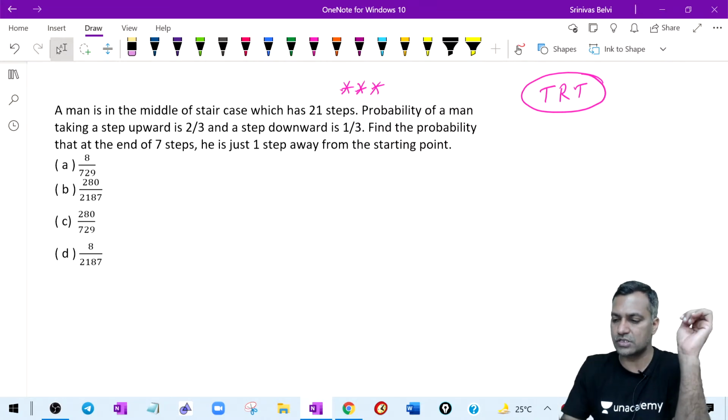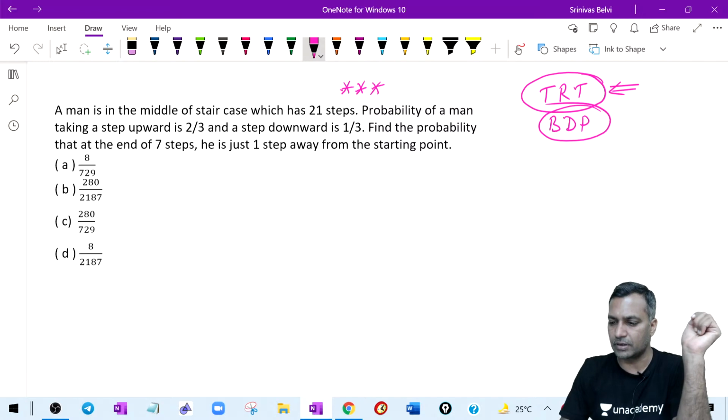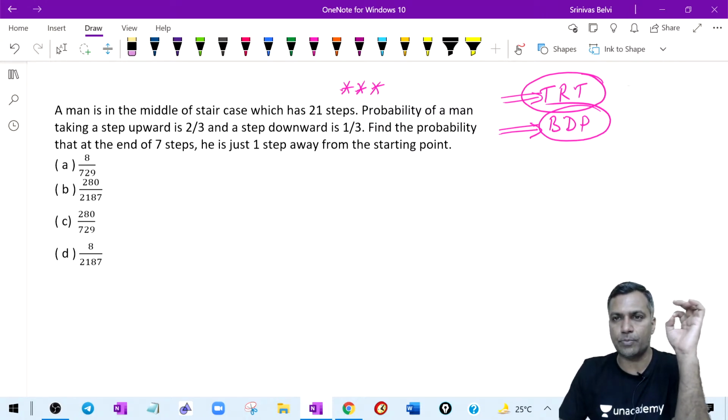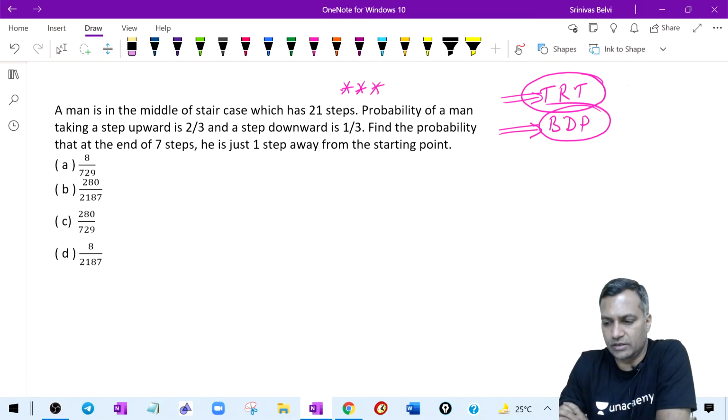Or should I explain the concept? Theorem of repeated trials or binomial distribution of probability. Either way, some people remember this as the theorem of repeated trials or the binomial distribution of probability, which is one of the very, very important concepts on which many questions have been built in the past. Are you clear? Did you understand what I tried to say, or should I first explain this concept and then come back to this? Theorem of repeated trials or binomial distribution of probability, whichever way you learned this in the 12th standard.